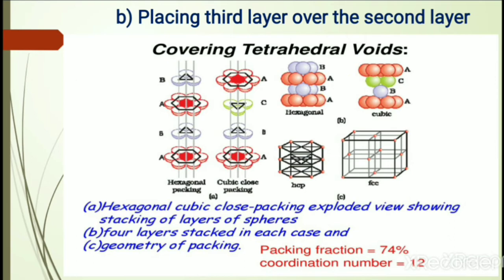So this is a 3-dimensional view of the hexagonal close packing. Layer A, then B is placed above the A, later on A, then B. Alternative positions, then it forms the hexagonal close packed structures. Then another C layer is added, then ABC layers, that forms the cubic close packed structures. So this is the geometry of the hexagonal close packed structures. This is the crystal of a face-centered cubic crystal.